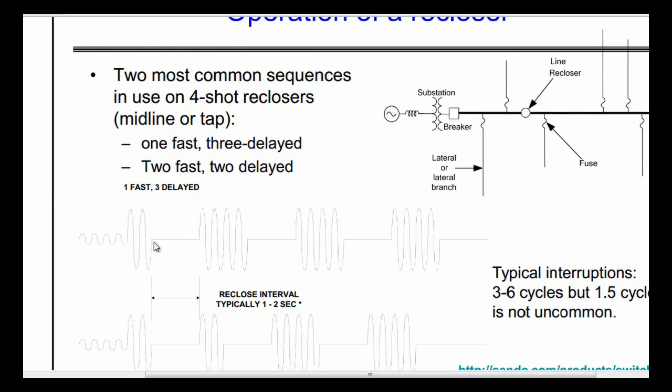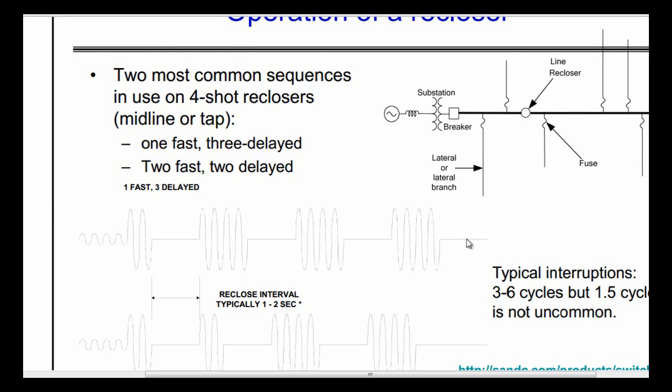The recloser, which is a circuit breaker, will open for a few milliseconds, or for a second for example, or a few seconds, and then it will close again. So still there is a fault current due to the fault on this lateral. Then the recloser will open, then it will close again, then it will open, then it will close again,